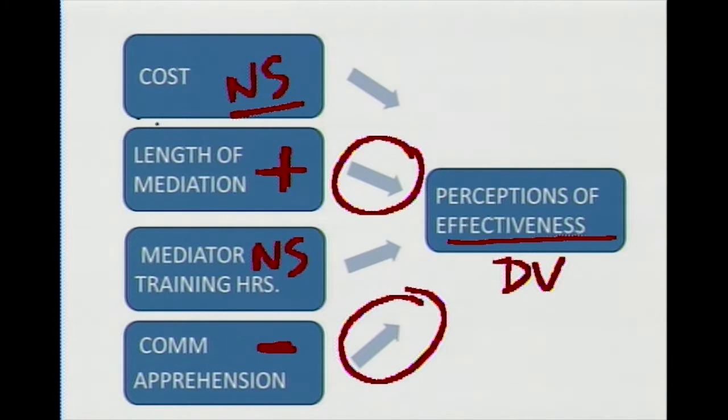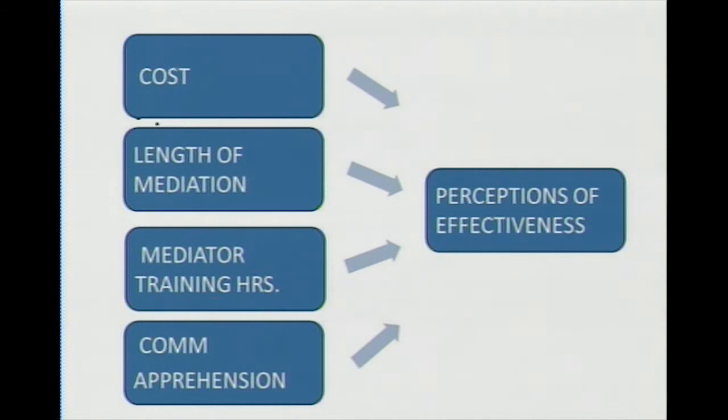We might also worry about telling people how many hours of training we've had or trying to suggest that more training equals higher effectiveness, and we have not seen that in this particular model. And so I'm not saying that it doesn't matter, I'm just saying that these data don't tell us that that's an important factor. And so what it does is it indicates what is important, our positive and our negative predictor, and then it also tells us what not to worry about in terms of perceptions of effectiveness.